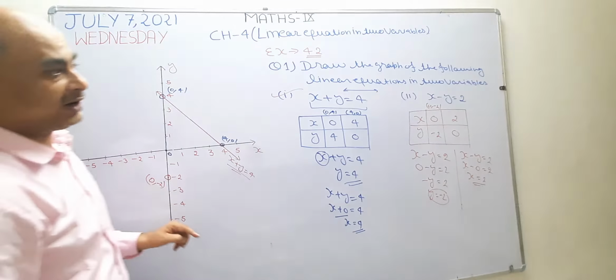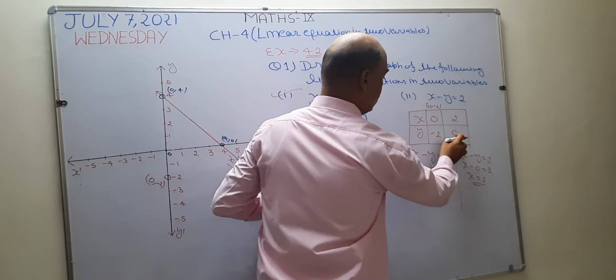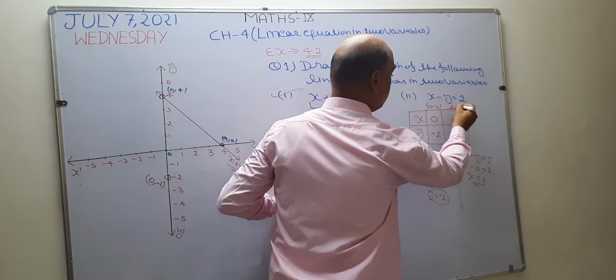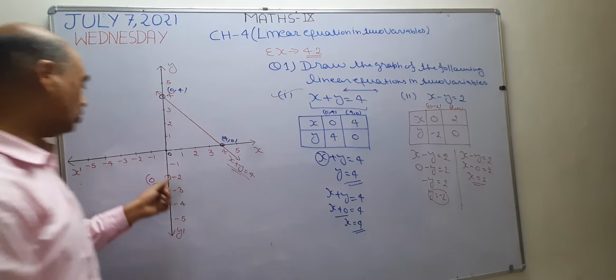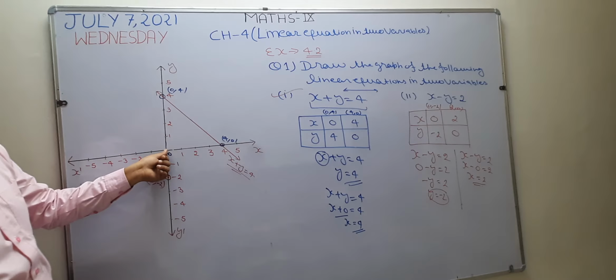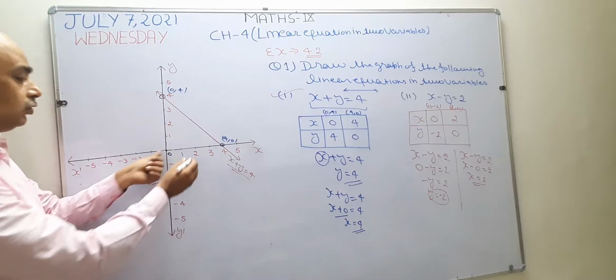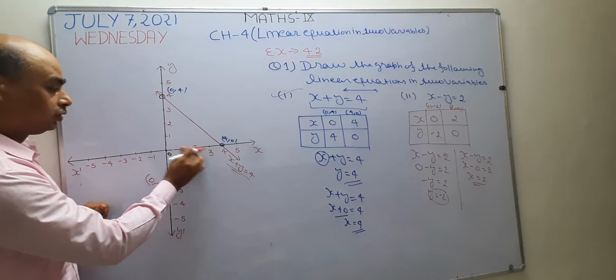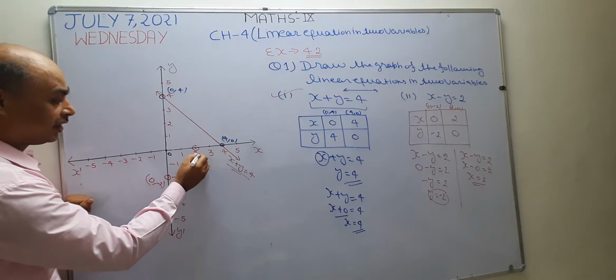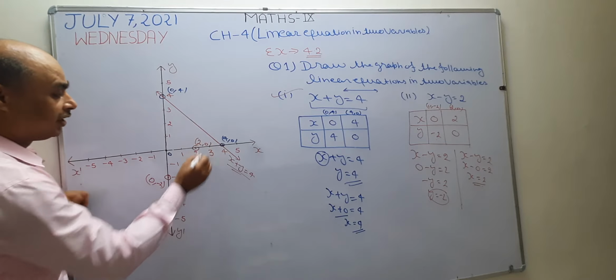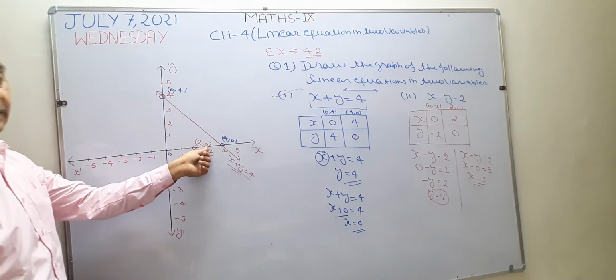Okay? Now the next one is y 0 and x 2. So it means 2 and 0. The y value is 0 and the x value is 2. Where is y 0? In this point y is 0. And the next point I want to take is x 2. Where is x 2? The value of x 2 is here. So the coordinates of this point become 2 and 0. Write down the x value first, after that the y value.